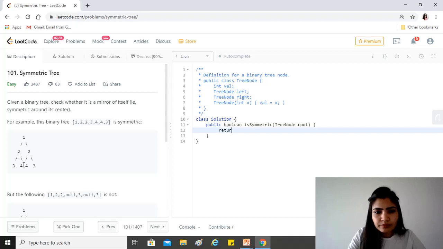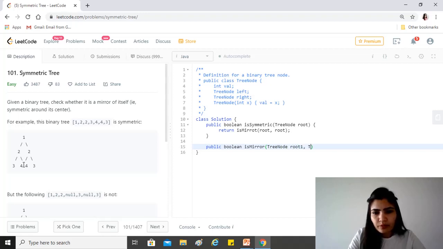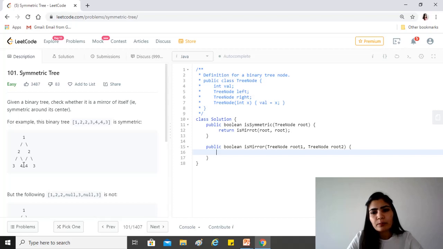So from here, all we have to do is pass root comma root as I said. Now we create this method called isMirror, and we assume that it takes two different trees, root1 and root2. You can actually use this to solve more than one question. If the question is to find out whether two different trees are mirrors of each other, this is exactly the logic that you need to apply there, except for using those two different roots. Okay, so first of all, if one of them is null,